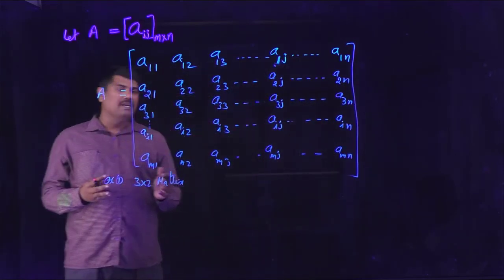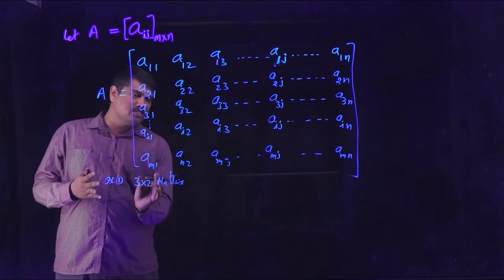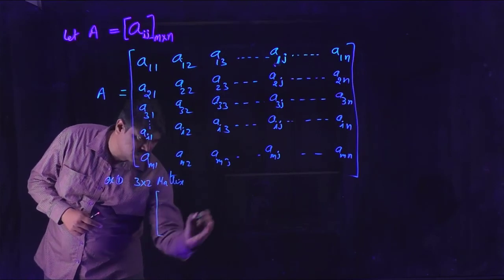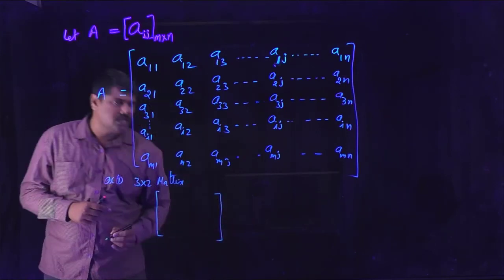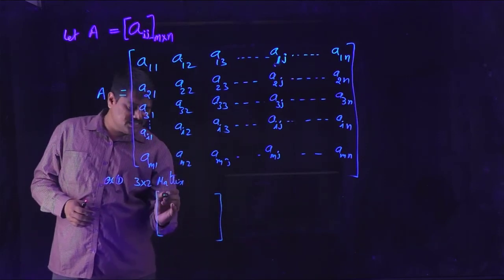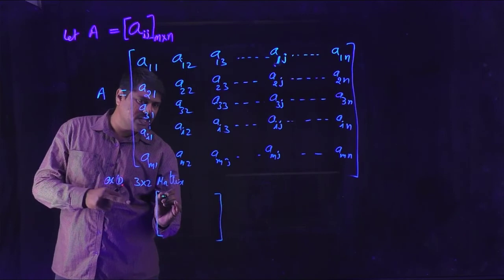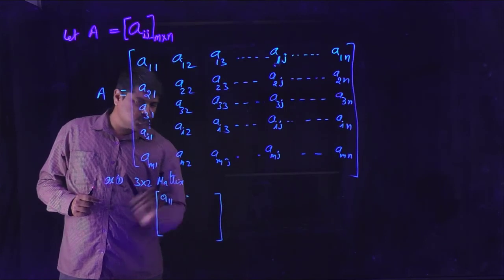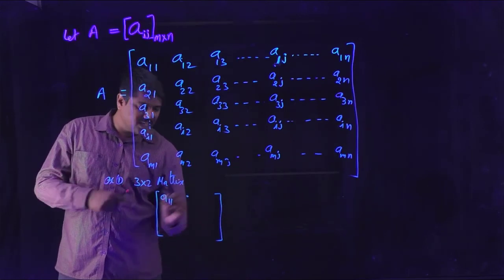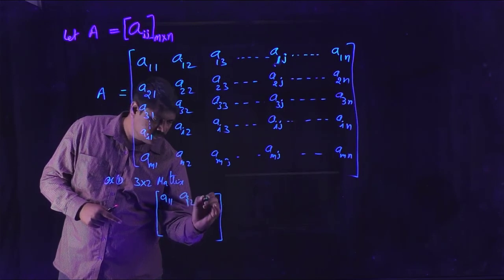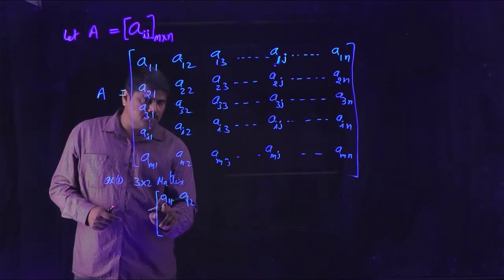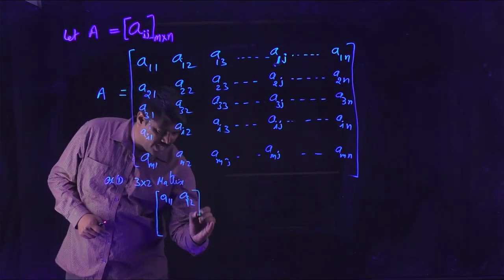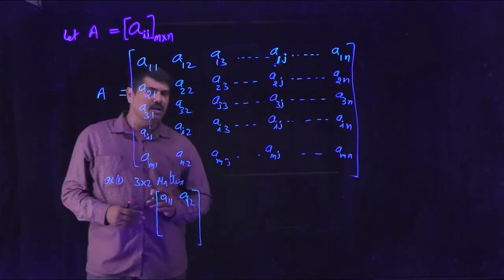Now, what is a 3 by 2 matrix? It contains 3 rows and 2 columns. So take a 3 rows and 2 columns matrix. What is the place of this element here? First row, first column, so that it is A11. What is this position? First row, second column, so that it is A12. We have only 2 columns, so you have reached the maximum columns and you can close the arrangement there.